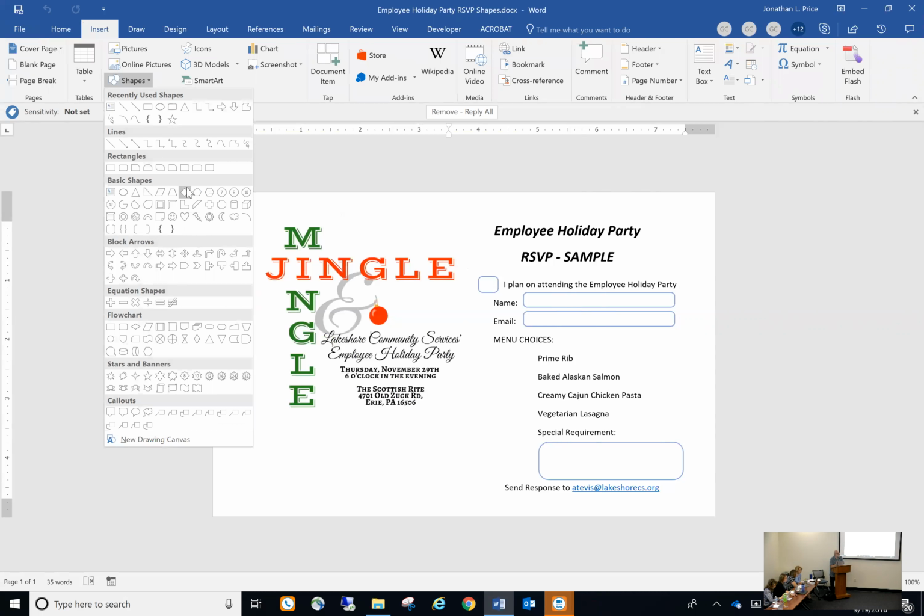So it's going to turn that circle into a radio? If we use these symbols, yes. If we're using shapes, no, it won't auto-convert. I just wanted to show you this one here. So in this case here, I can put a box that I want to put a checkbox in. I want to put my name and my email address within here. Notice I did not put circles within